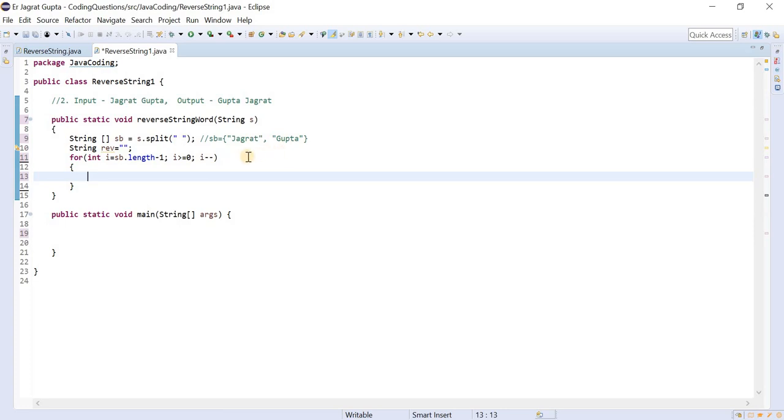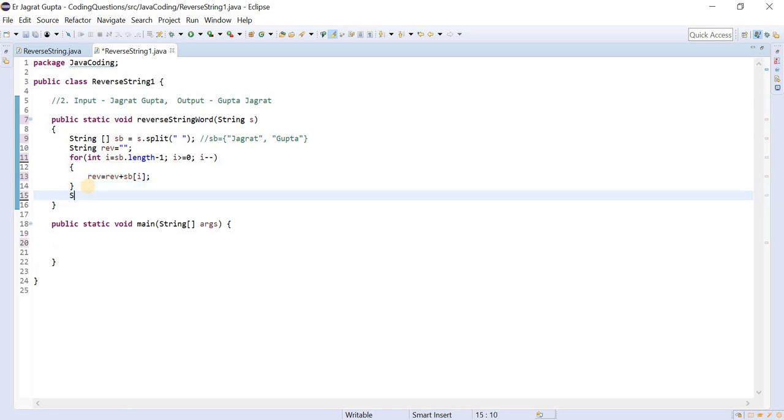Now here we are going to traverse word by word. Now the same thing, reverse is equal to reverse plus sb of, we will give the index here, and we will print this.